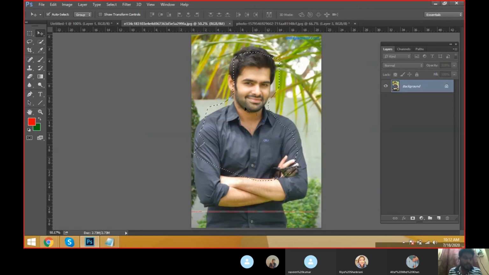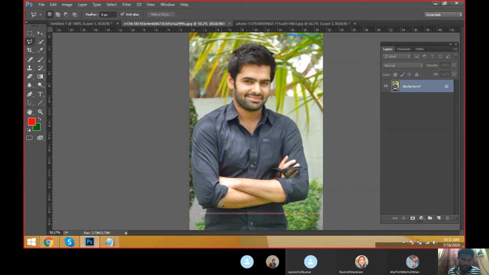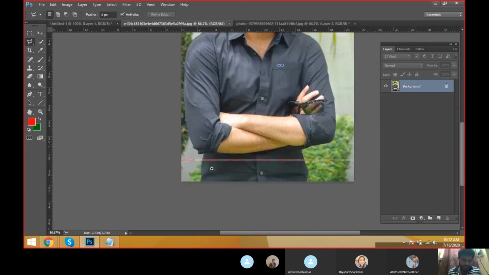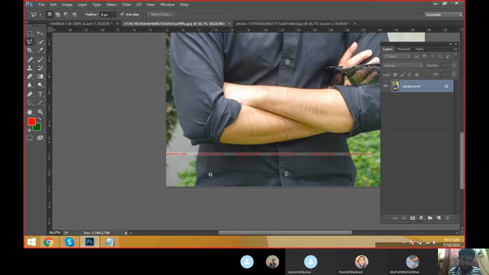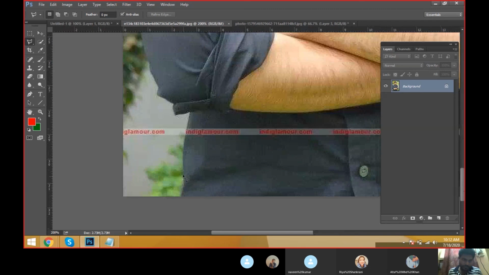Using the polygonal lasso tool. From this tool, see how it helps. Go to here, click here, the selection, like this. Like this, we are taking it step by step.